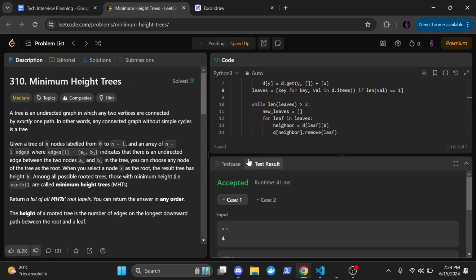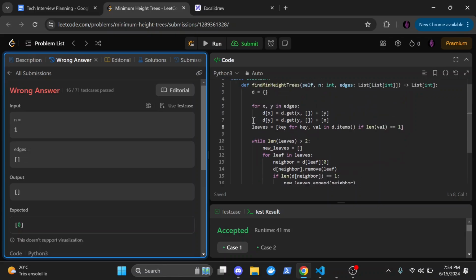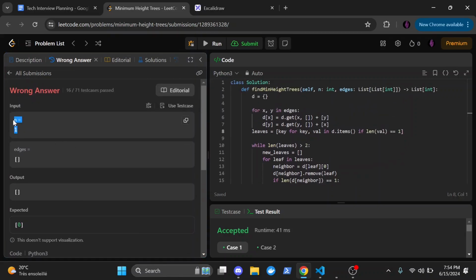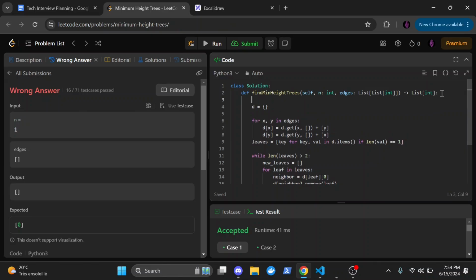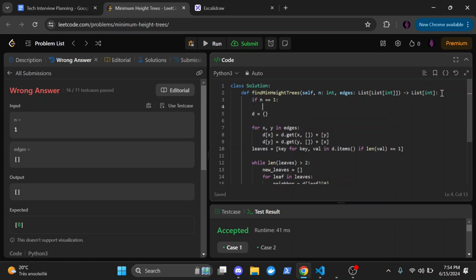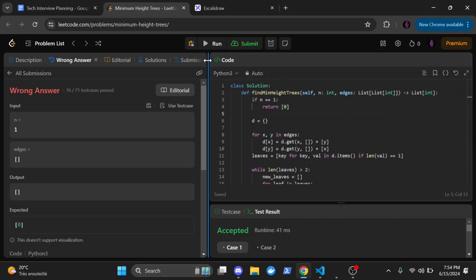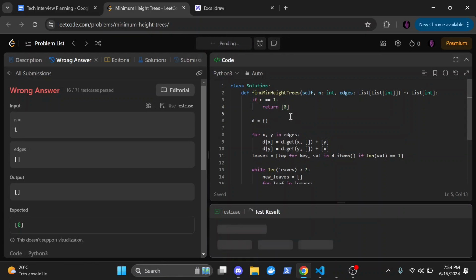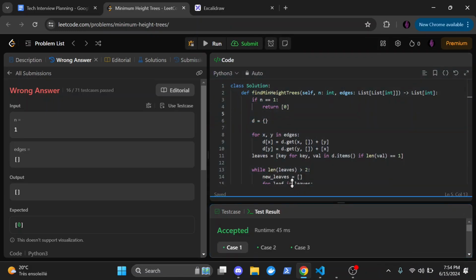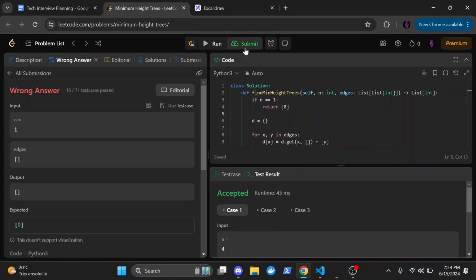And I don't think this will submit because there is one edge case where n equals 1. So we just add that here. So if n equals 1, then we just return not an empty array, but I guess an array with 0. Even though I don't technically understand why, it's not an issue. If we submit it,